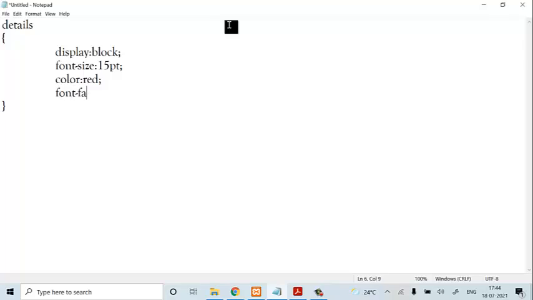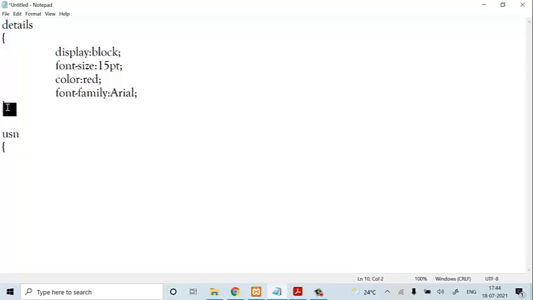Font underscore family colon, it will be Arial. Give semicolon. This will be a generic presentation that will be applied for all the tags which are present in the details tag.